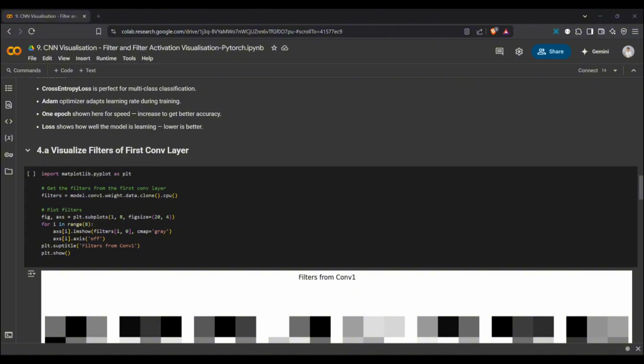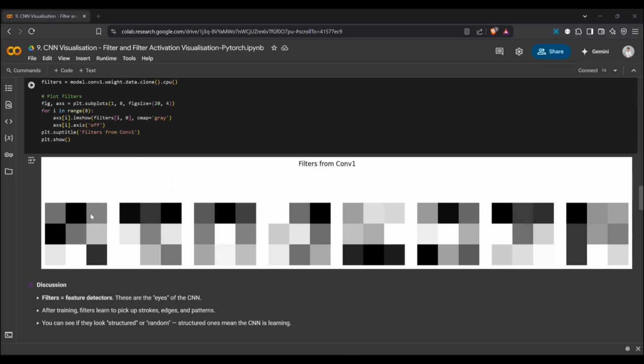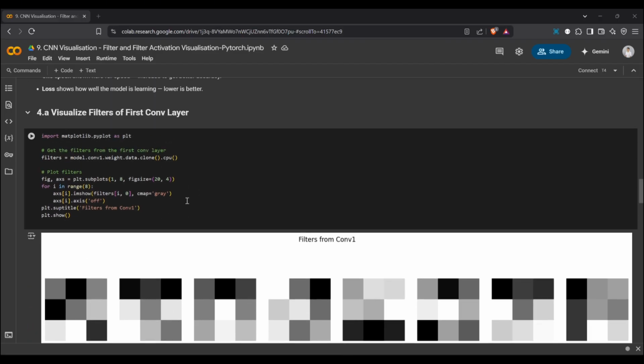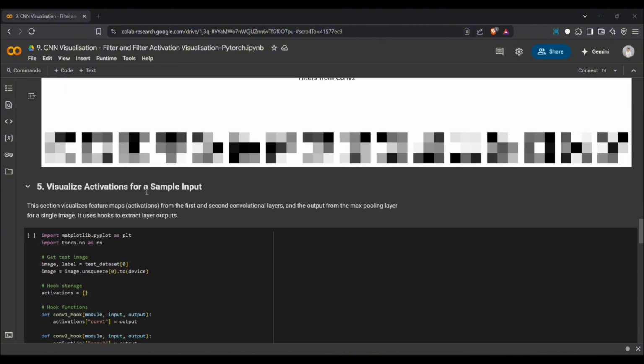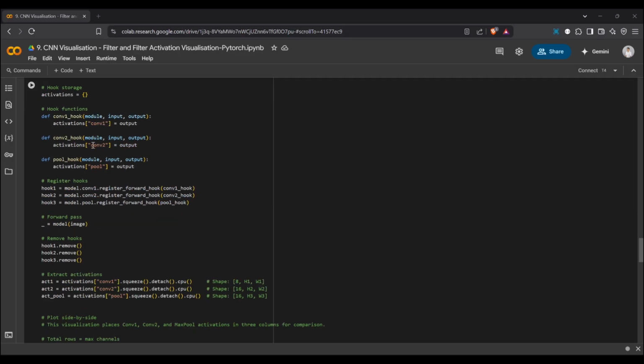Okay, for this section, this is a visualization step where we take a peek into the CNN. We use forward hooks. As you can see here, we have these forward hooks, these functions.